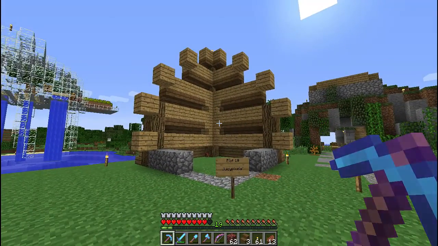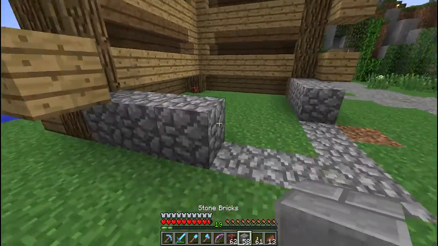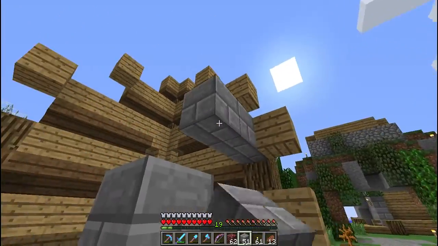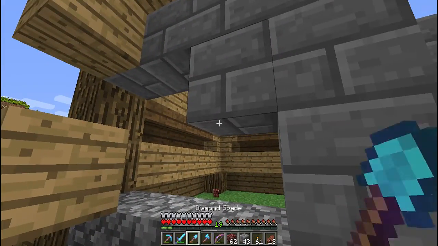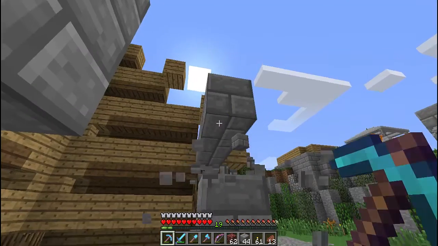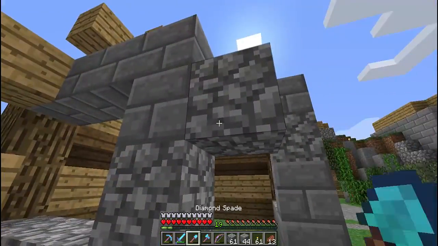Perfect. So, let's put this here. I'm thinking about using stone brick in combination with cobble. That was such a dirt placement. So we're going to put cobble here, just to break up the shape, I guess, because this is obviously made out of a boat, so it's kind